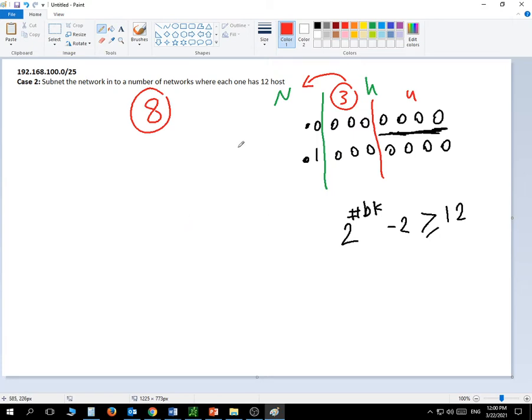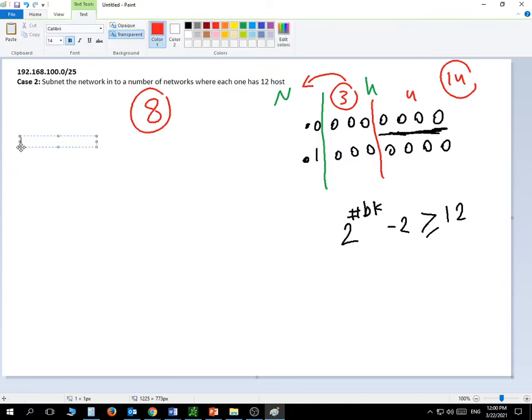Okay? Now, 8 networks, every single network will have 14 different hosts because, again, 2 to the power of that number of 4 minus 2, that will give you 14. Every single network will have 14 different hosts, and the networks are going to be as following. And let me just do it really quick without actually going through the first and the last available IP address. So we will have